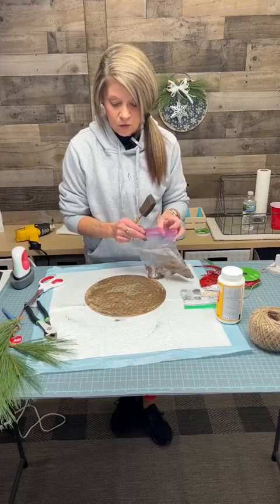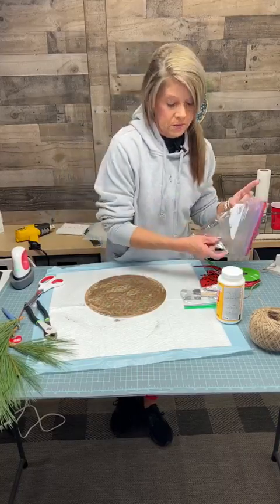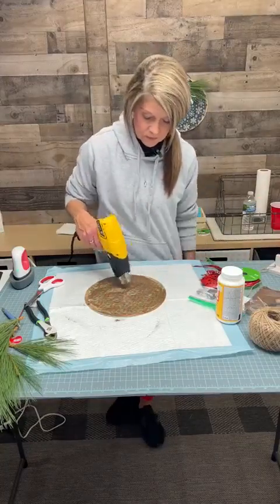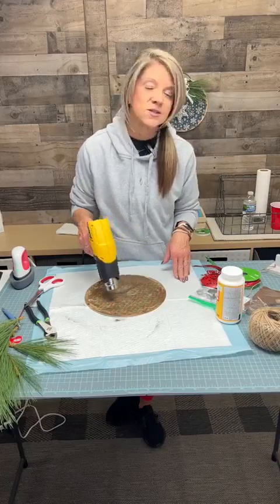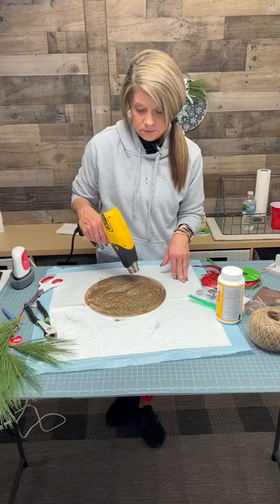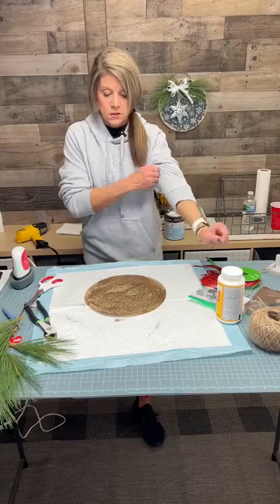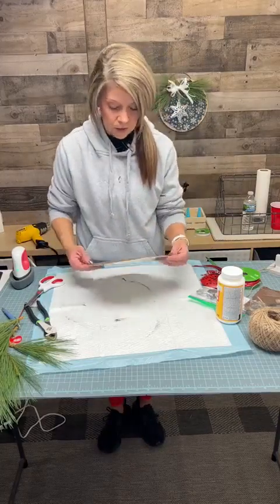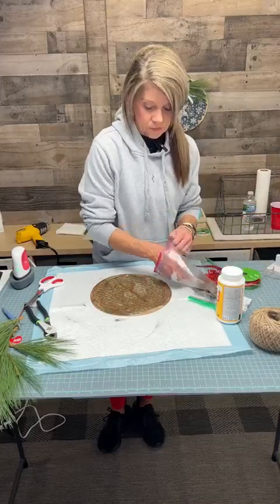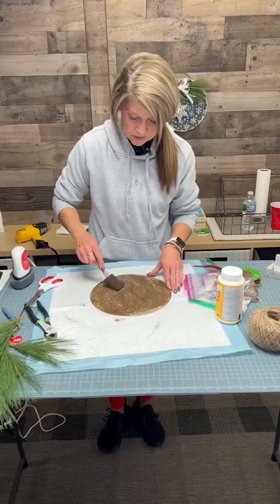Okay, so again, I just put that on top. We're going to make this one look really country, rough, primitive. We're going to get your dryer back out again. Plus I put this sweatshirt on and I'm really warm and I should not have done that. Okay, so this is what we are looking like, and I'm going to pick this up and see where,